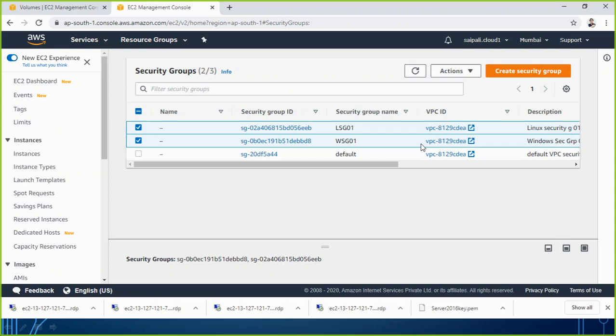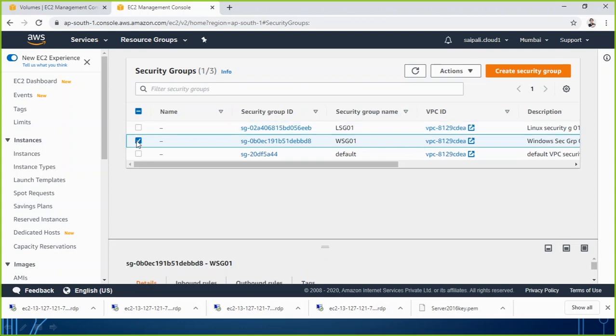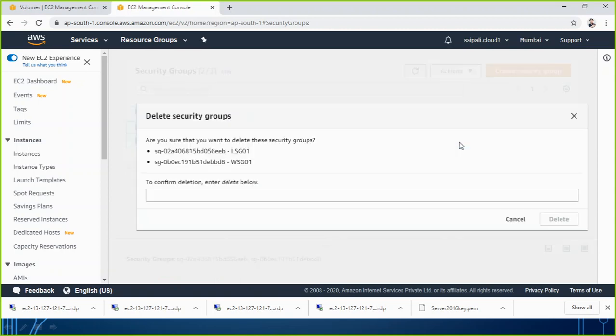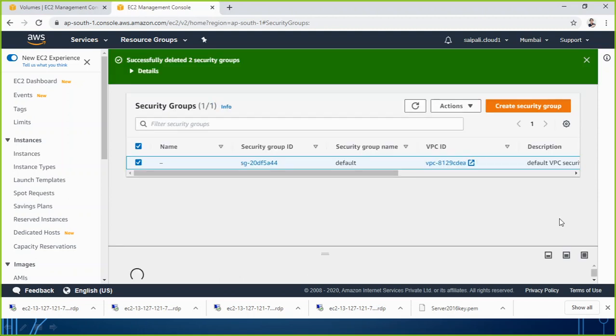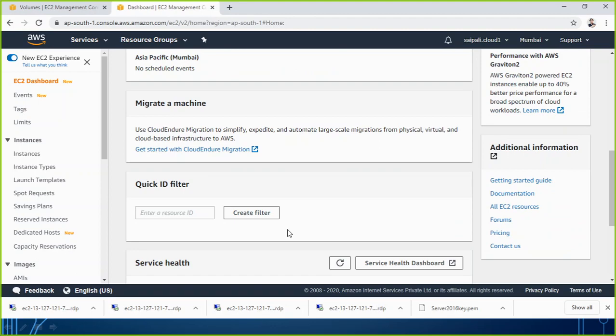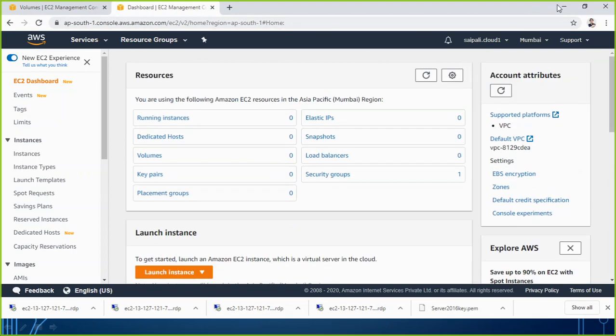So after selecting these two security groups, I go to the action, scroll down, delete security group, just type here delete to confirm, click on delete. So this way we have deleted all. Now we go to dashboard, there is nothing running over there. So that was all here.